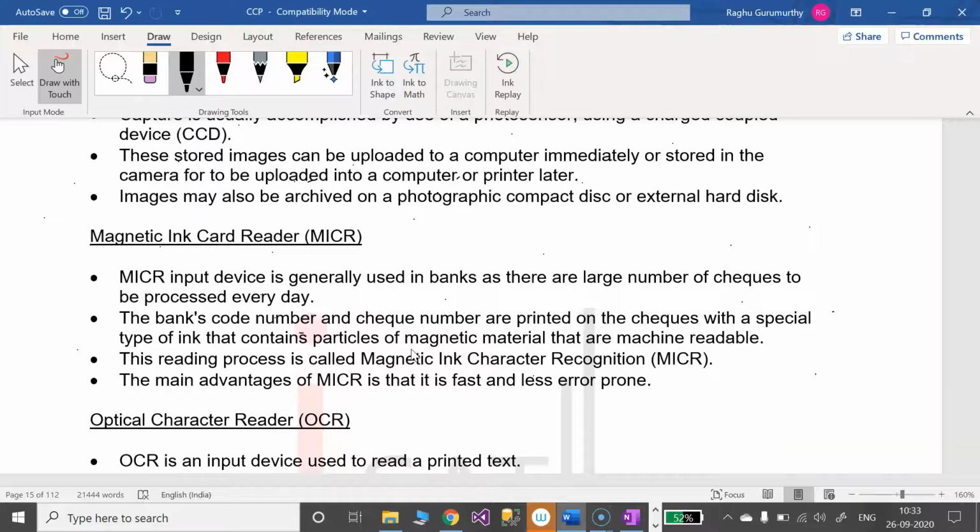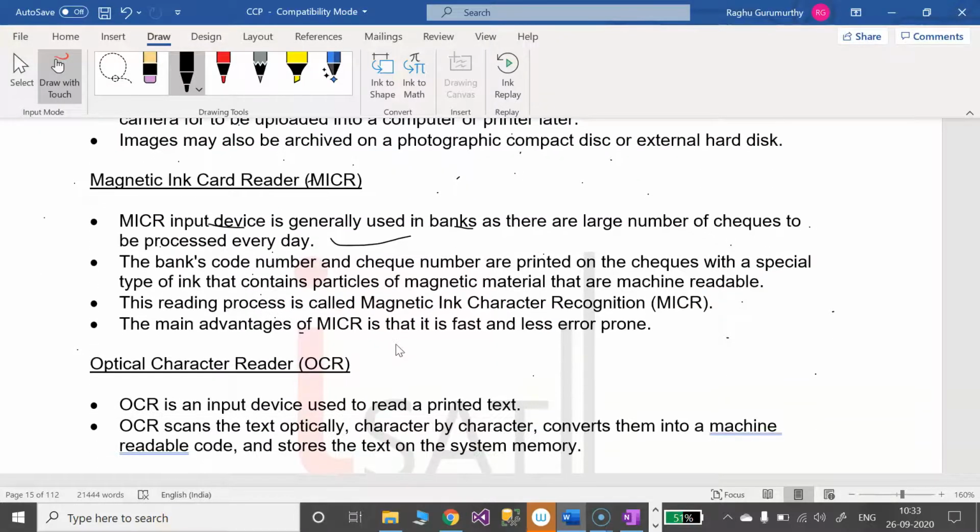Next one is MICR, magnetic ink card reader. It is an input device, generally used in banks, as there are a large number of checks to be processed every day. While processing checks, they use a magnetic ink card reader. The bank's code number and check number are printed on the checks with a special type of ink that contains particles of magnetic materials that are machine readable.